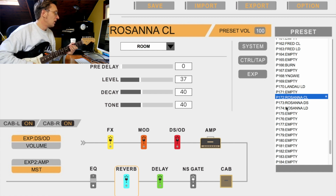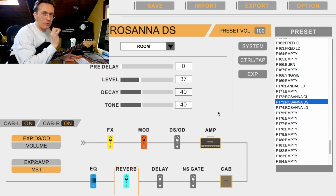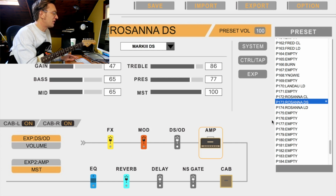It's pretty accurate. Then, if we move to the distorted sound, I didn't change a lot. As a matter of fact, the compressor and the mode have the same settings, but of course I changed the amplifier. I changed the channel on the amplifier, because the Mark III is always the Mark III, but this is the distorted channel. And I didn't use a lot of gain, because the compressor is pushing the amplifier, and the EQ is just a little bit more treble maybe and presence than usual, but